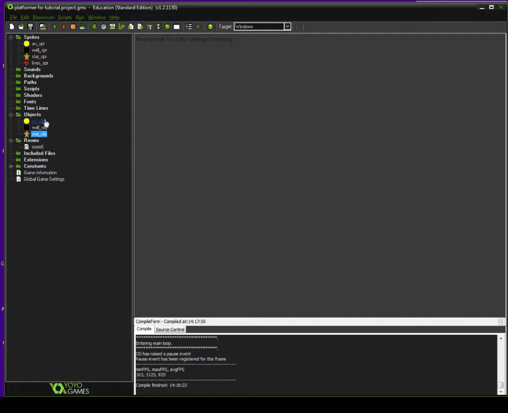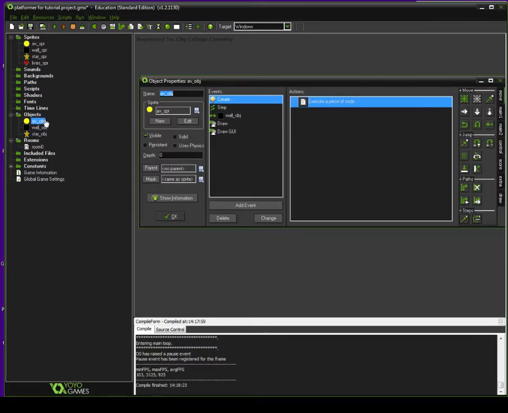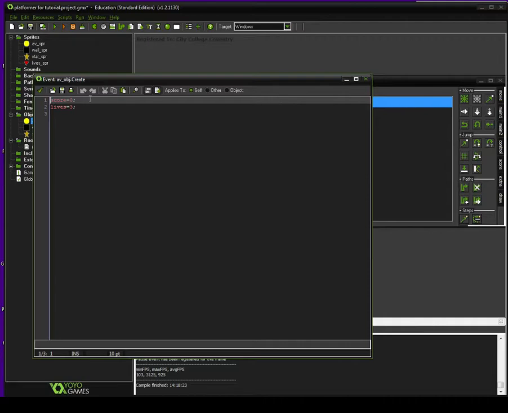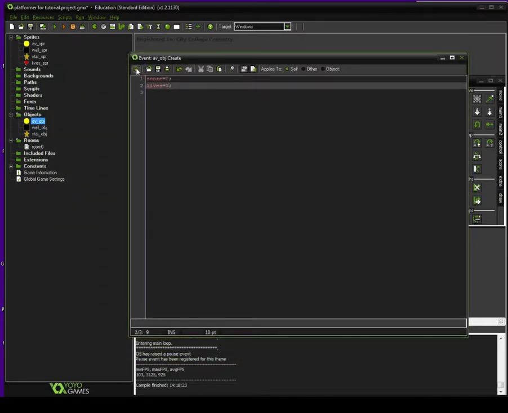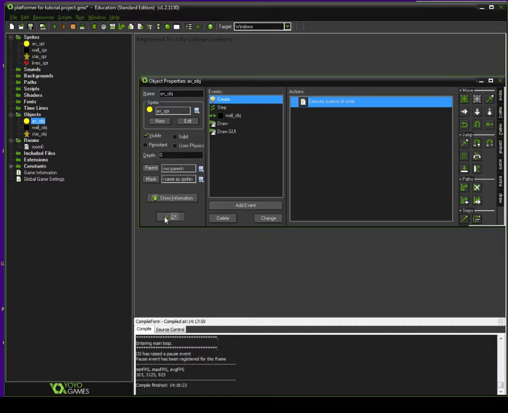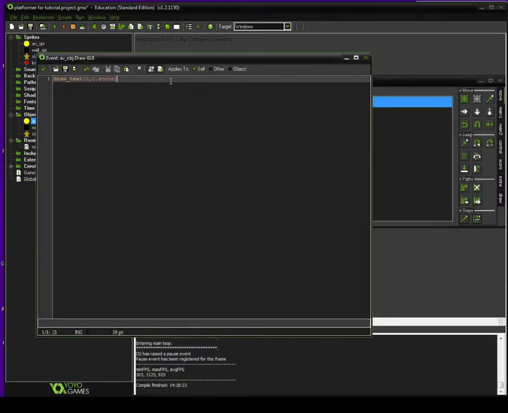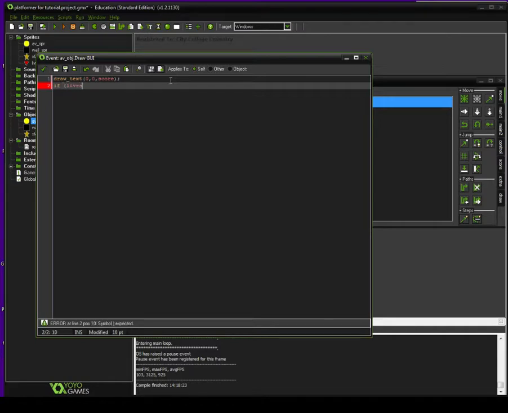So if we go back into our avatar object, we've already said in the create event, if we go back into that piece of code, that the lives equals 3 at the start of the game when we first create the avatar. What we need to do now is we need to draw those lives onto the screen so we can see what we've got. So we're going to go back into our draw GUI, go back into your code block where we drew the text for score, and let's create a second code block, and this is going to be a bit more involved. So what we're going to do here is we're going to type if lives equals 1, so if our lives are equal to 1,